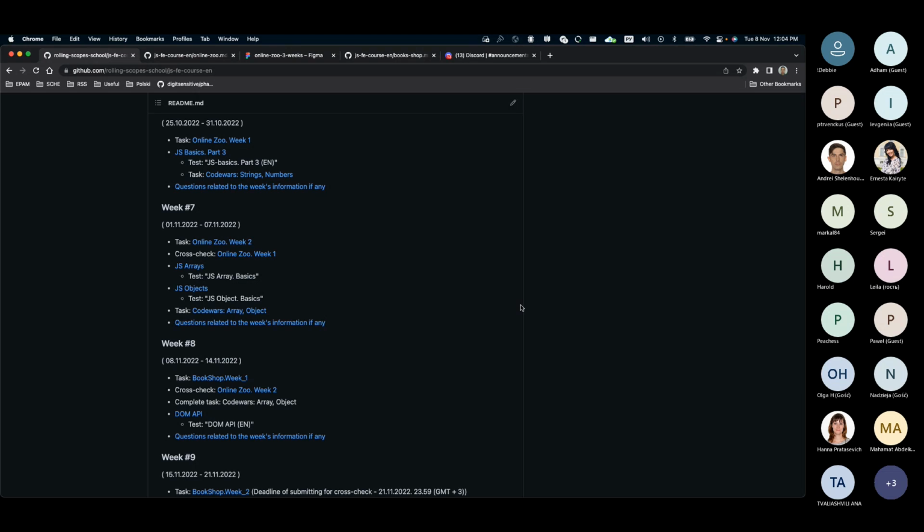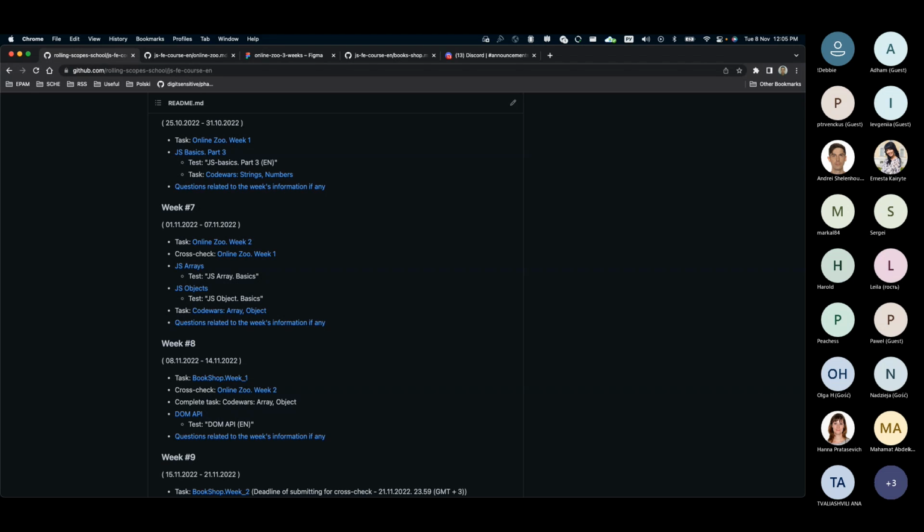Just to explain one more time, what is the actual goal of the cross check? It's not about applying as many penalties as possible to another student, just not giving him a chance to get a higher mark. But this is an opportunity to provide your feedback on the work and possibly to propose some action items which could be applicable for his current work to improve his implementation.